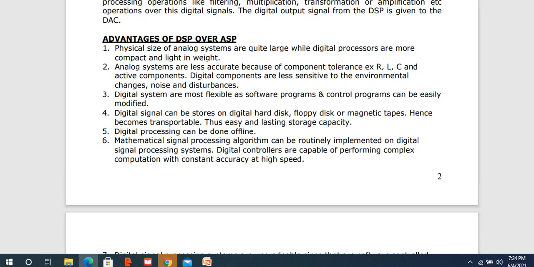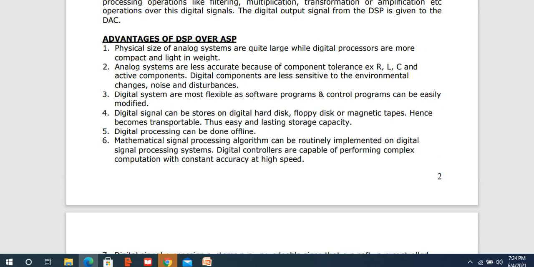We are overcoming the bulkiness of that particular system, and its functioning is greater, right? When you compare it with the olden systems, the functioning was not that huge and did not give much multitasking, whereas nowadays we use good computers that can perform multiple tasks at a time. Still the size is small, right? That's the reason we say ASP is quite larger compared to DSP, and heavier also.